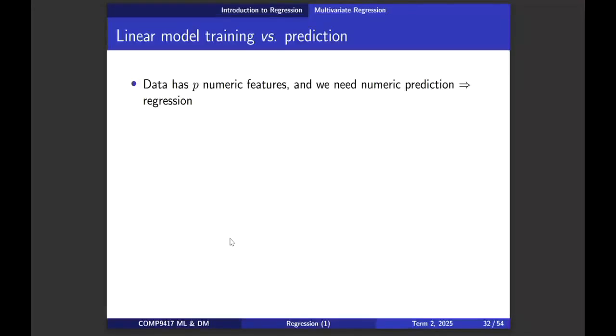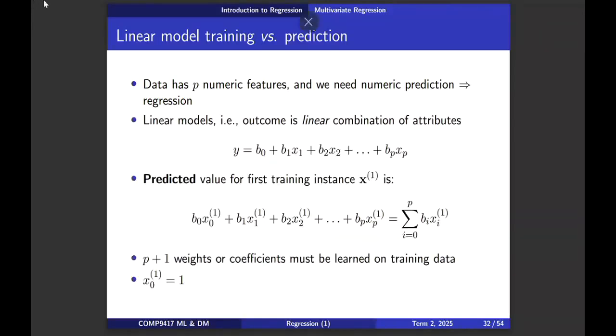So in general, we're going to say the data has P, sometimes M, doesn't matter, P for parameters. It has P numeric features, and we want to predict a numeric value, so regression would be a good starting point. The output is a linear combination of attributes or features. Now, the form, as we saw there, is we have an initial